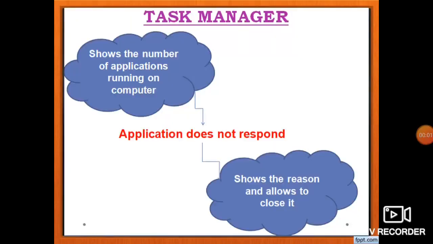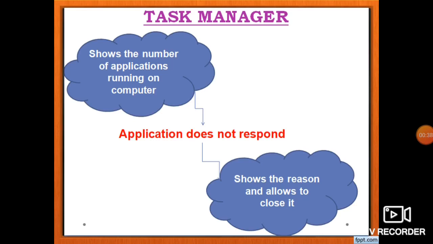So now we are going to see about task manager. So far we have seen the on-screen keyboard, calculator, and how to change date and time. It is a type of tool, isn't it? Next we are going to see task manager. This task manager shows the applications running on the computer. Suppose you are using Tux Paint or any other GCompris game. Whatever application is running on a computer, this task manager will list out those applications.